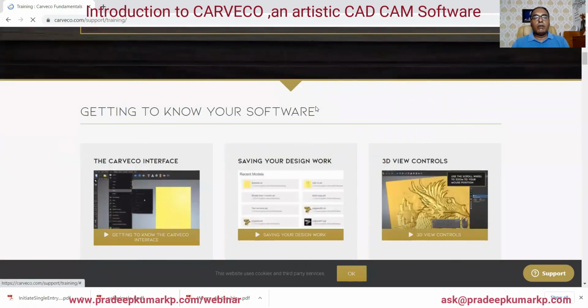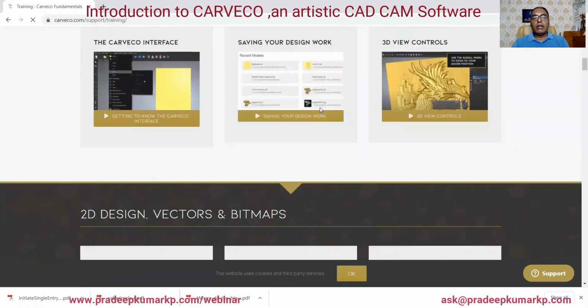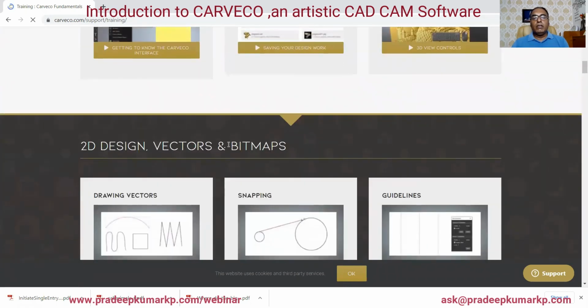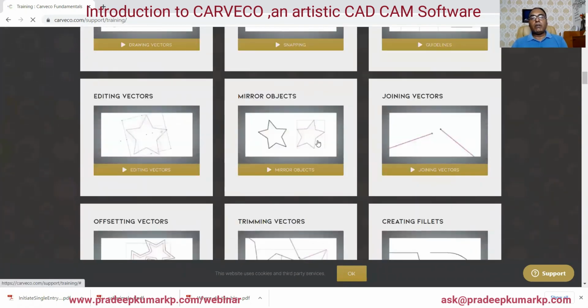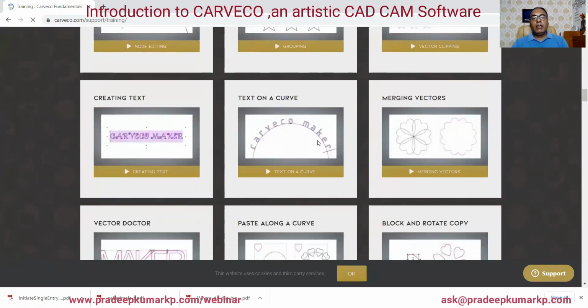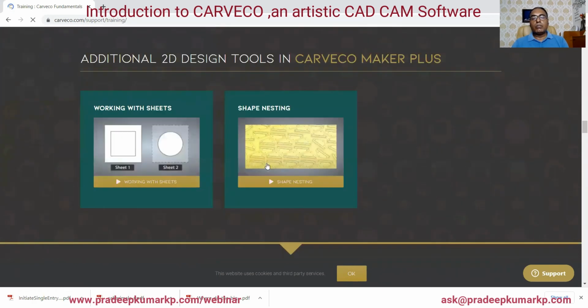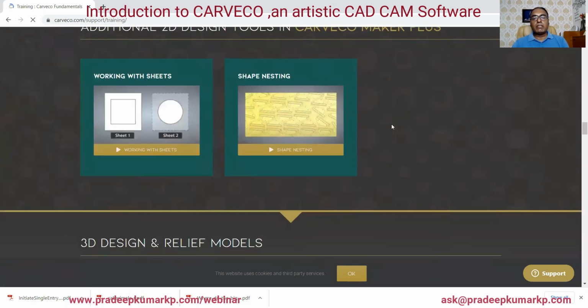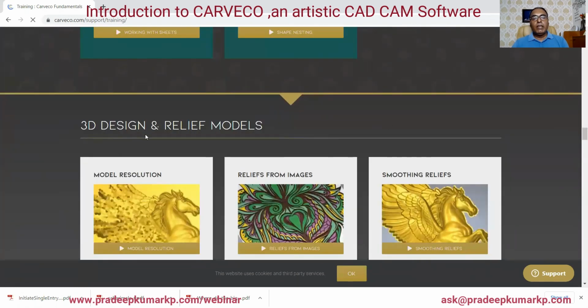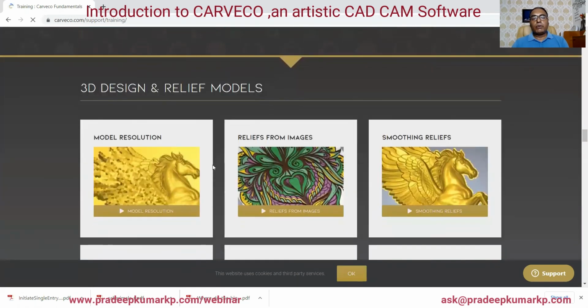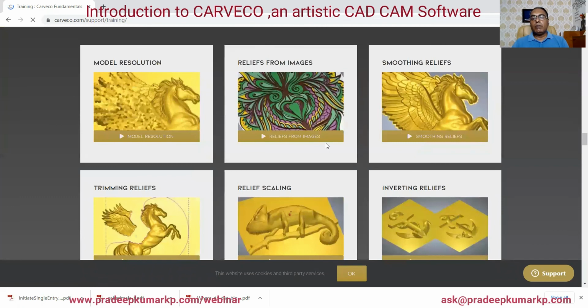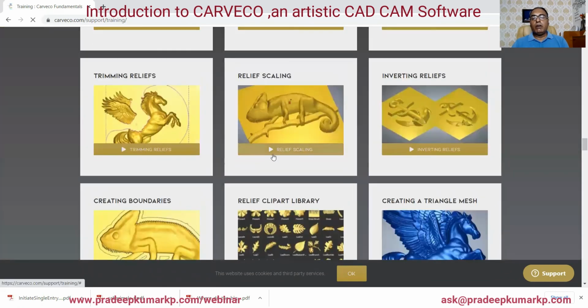You have some how-tos to get to know your software, and you can also see how 2D design vectors and bitmap are done. And you also have additional 2D design tools in Carco Plus, like working with sheets and shape nesting. This video is available, and 3D design and relief. Okay, this is also available. These are freely available on the net.